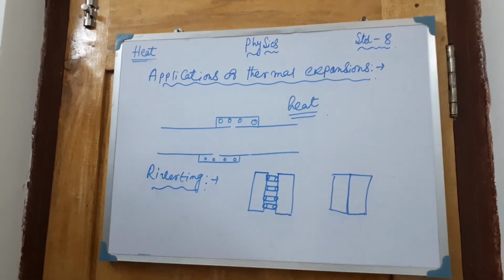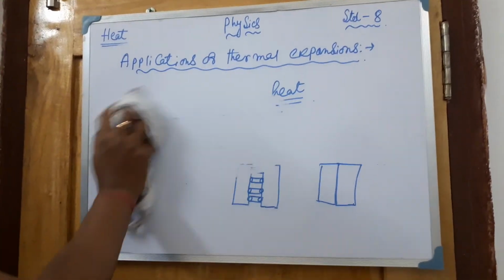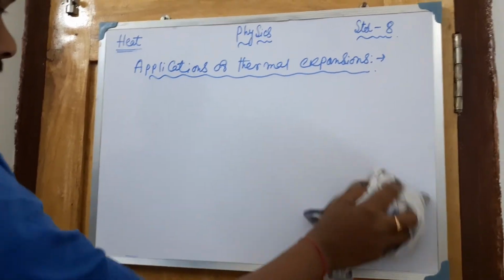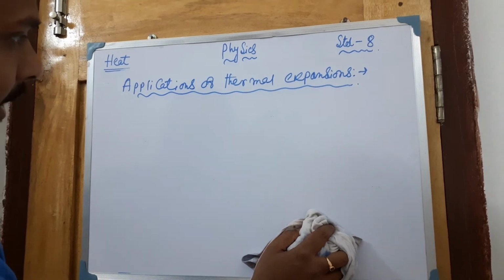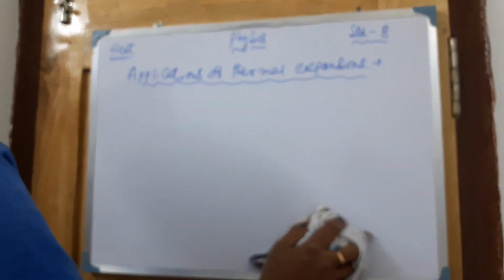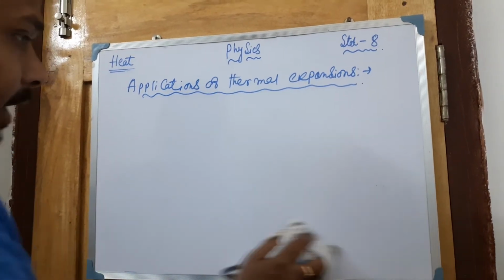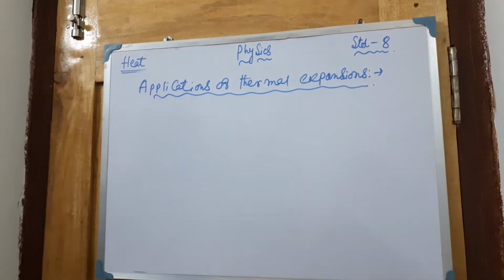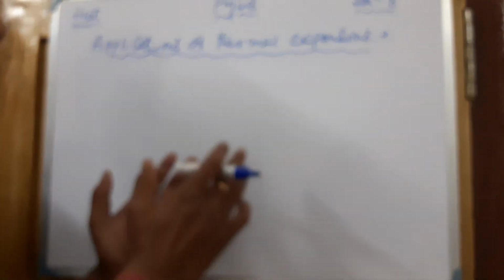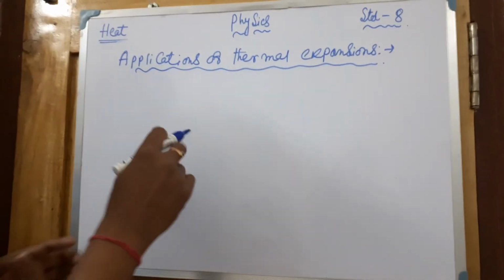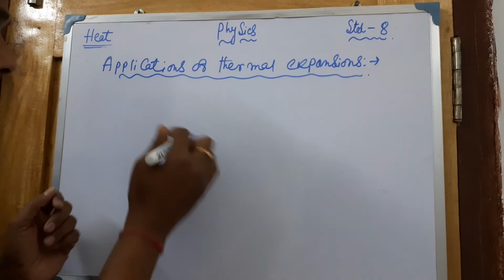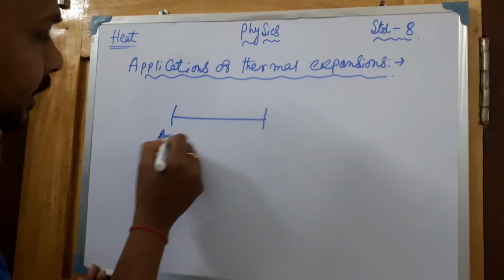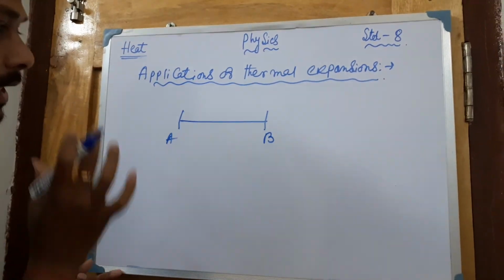Next example, suppose you are talking about the sagging of wires. You all know how sagging of wire is actually used. We all know that when there is a heat supply in between the wires, okay. Why are we talking about the bending or the sagging of wire? Suppose any type of wire is present, and you connect it between these two positions A and B tightly, then what will happen?